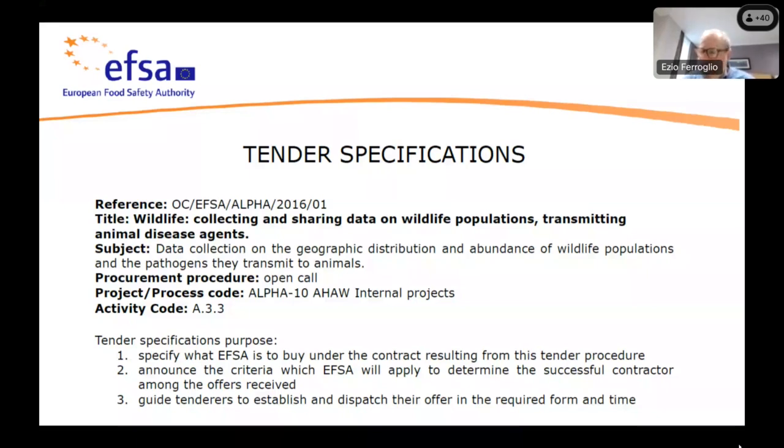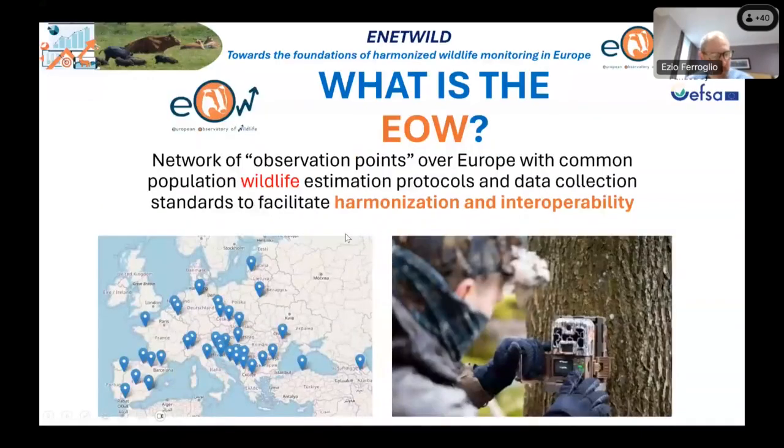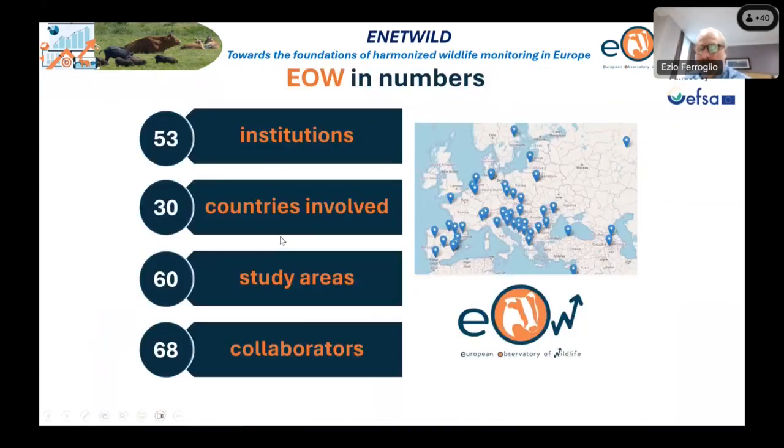We have created the consortium. We have done several things. Amongst the others, we have a sibling website, and it is the one of the European Observatory of Wildlife. I believe that Massimo will explain this better. But it is a network of observation points because we don't only have to collect data, but we have to create data, to validate data, and field data are what we need in order to really know what is happening all across Europe. And it is the observatory, and in fact it involves many institutions, many countries, and many collaborators,